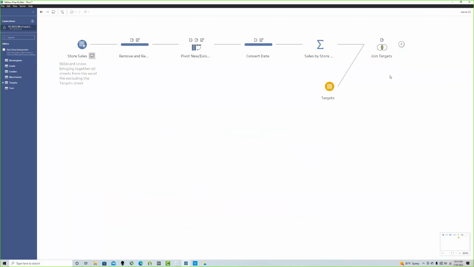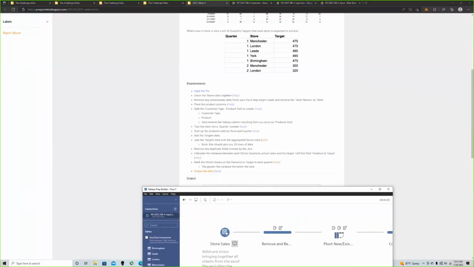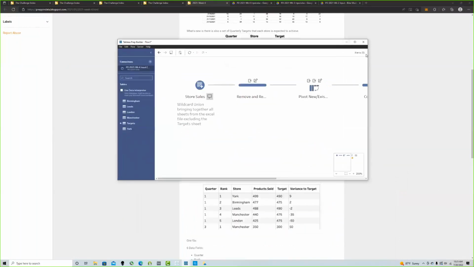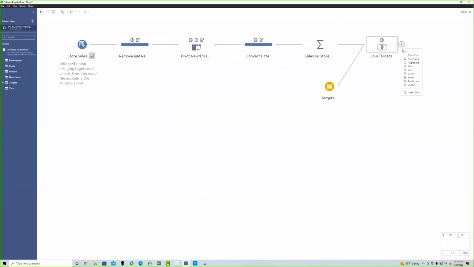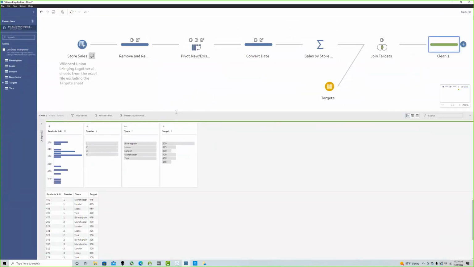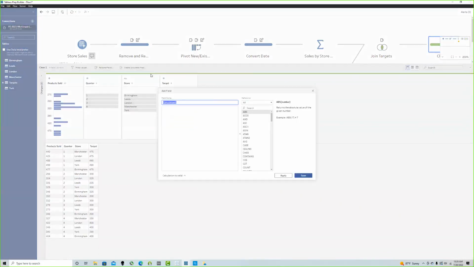All right. So that was our join, right? And so now what's the last thing it's asking us to do? Calculate the variance between each store's quarterly actual sales and the target. Call this field variance to target. Okay. So if I click over here, add a clean step, now I'm going to create a calculated field and